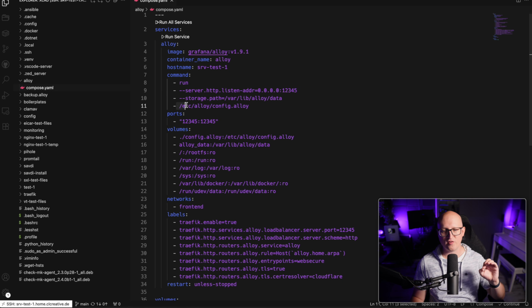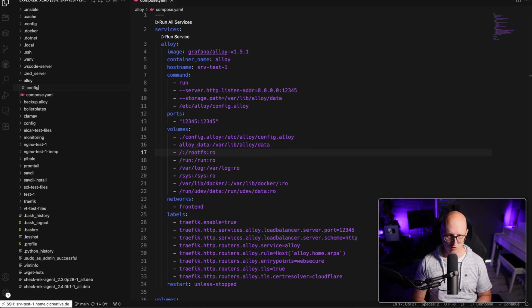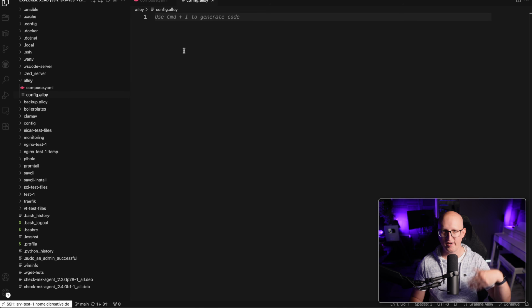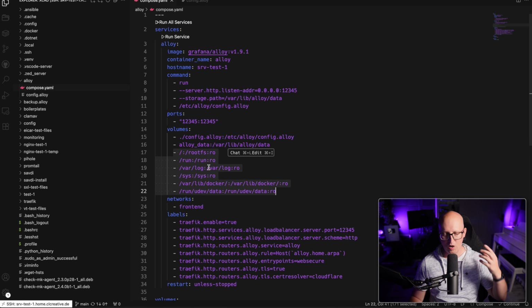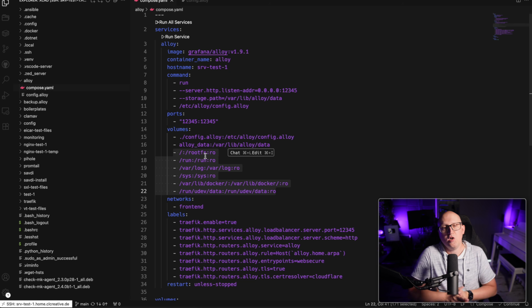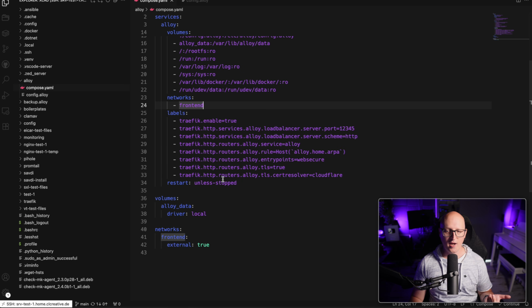And also, we want to start this with a specific configuration file. We just need to create it in the same directory, and it is called config.alloy. And here we will later put in all of our configurations. So then we also have a persistent volume for the data storage. And I'm also passing through a bunch of mount points from the host operating system to this Grafana Alloy container. This is again necessary to collect logs and metrics from the host operating system and send them to Prometheus or Loki. I also connect this to my Traefik instance so we can easily protect this web interface with HTTPS,